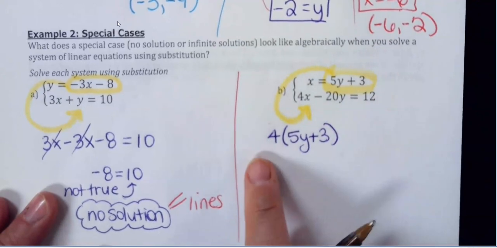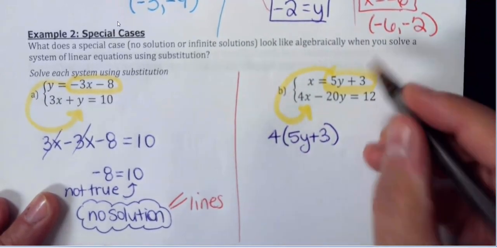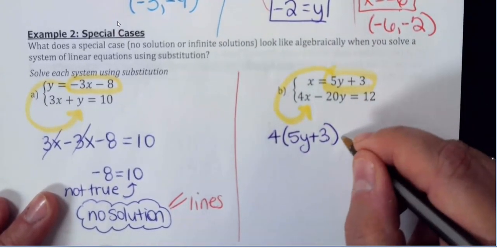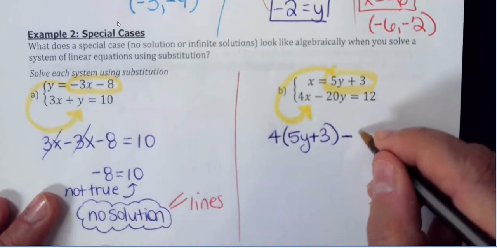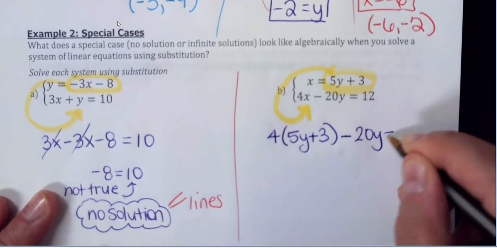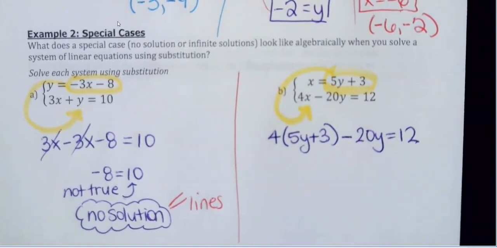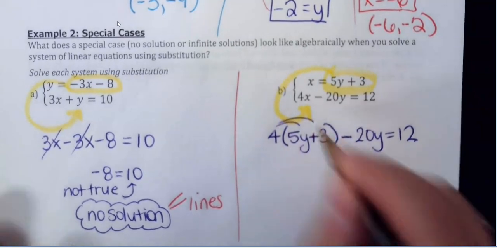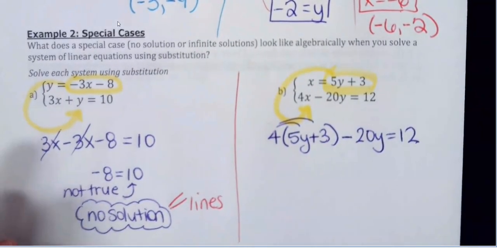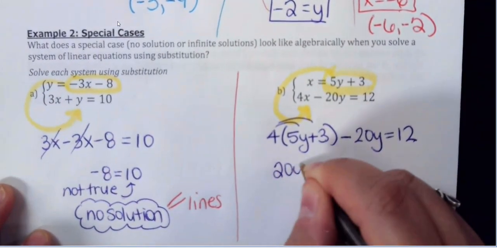So I'm going to place the 5y plus 3, that whole thing that x is equal to, and then I'm just copying down the rest of the equation. I'm going from two equations with two variables, x and y, down to one equation with one variable. That allows us to solve for it. Okay, just a little distributive property here, right? Just 4 times both pieces in that first set of parentheses. So you're going to get 20y plus 12